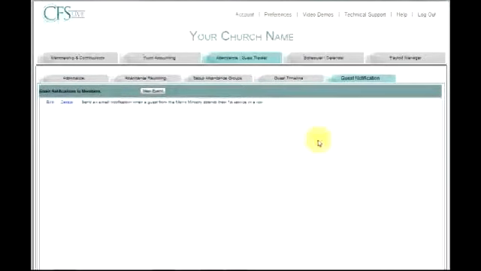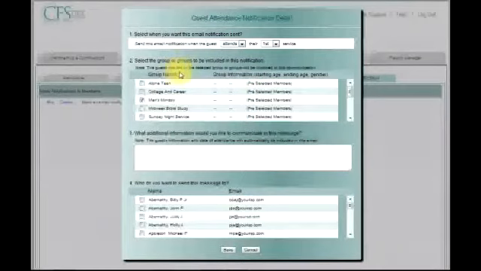Okay, let's talk about guest notification. Now this is actually a tool that will send an automated email to selected members within your church about a guest's attendance. We'll look at this event that we have set up. It's simply send an email notification when a guest from the men's ministry attends their first service. You can click that to edit,